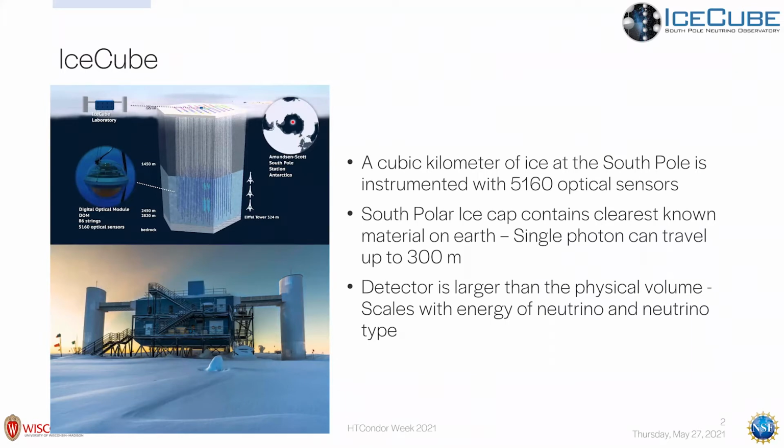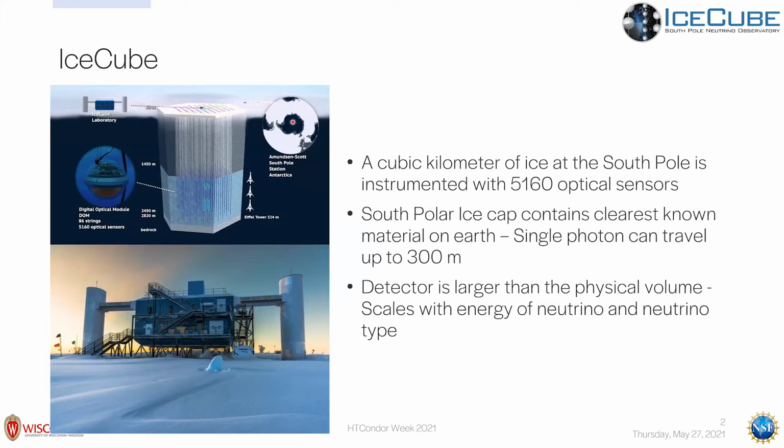Compared to traditional astronomical observatories, we actually look for subatomic particles that come from cosmic or galactic sources. To do that, we've instrumented about a cubic kilometer of ice with 5,160 optical sensors. We're using the natural medium that Antarctica gives us, a glacier of this size, but also one of the purest optical media in the world, or that we know of, where a single photon, a single particle of light, can travel up to